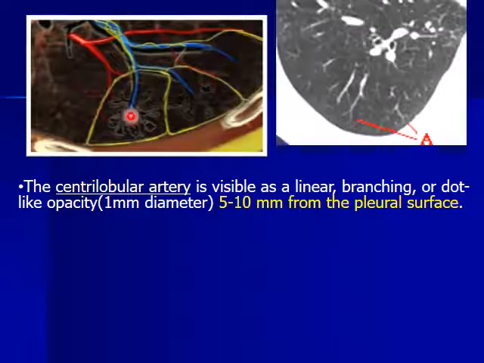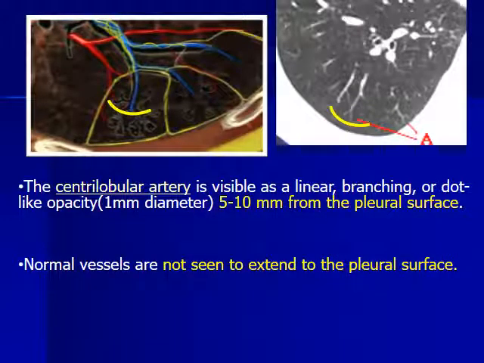How can we differentiate between an arteriole and an interlobular septum? As you see here, the interlobular septi reach the pleural surface and are perpendicular on it, while the arteriole ends about 1 to 1.5 centimeters from any pleural surface. These are the arterioles. They end half to 1 centimeter from the pleural surface, while